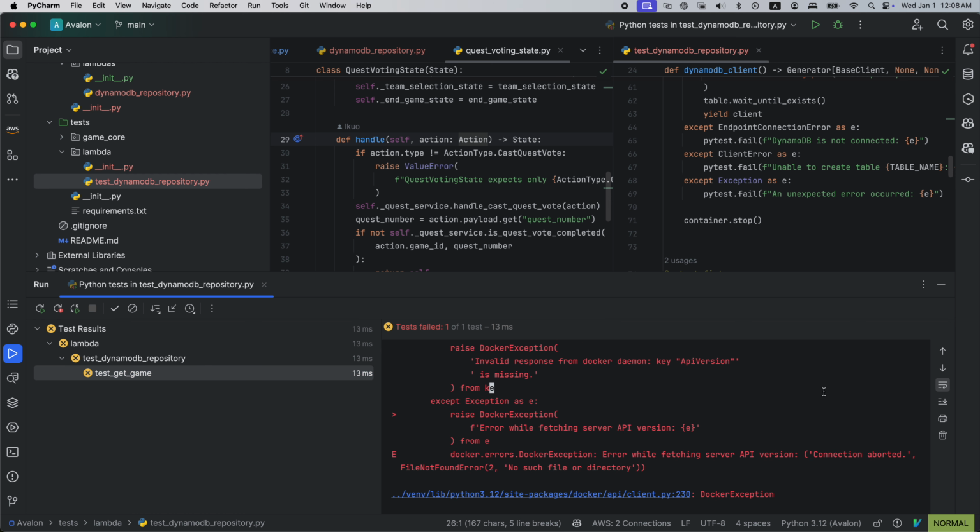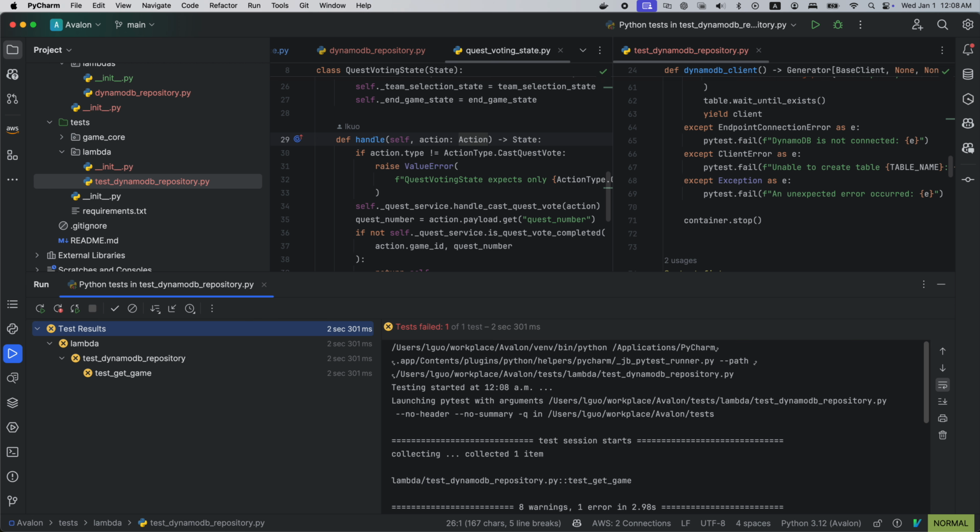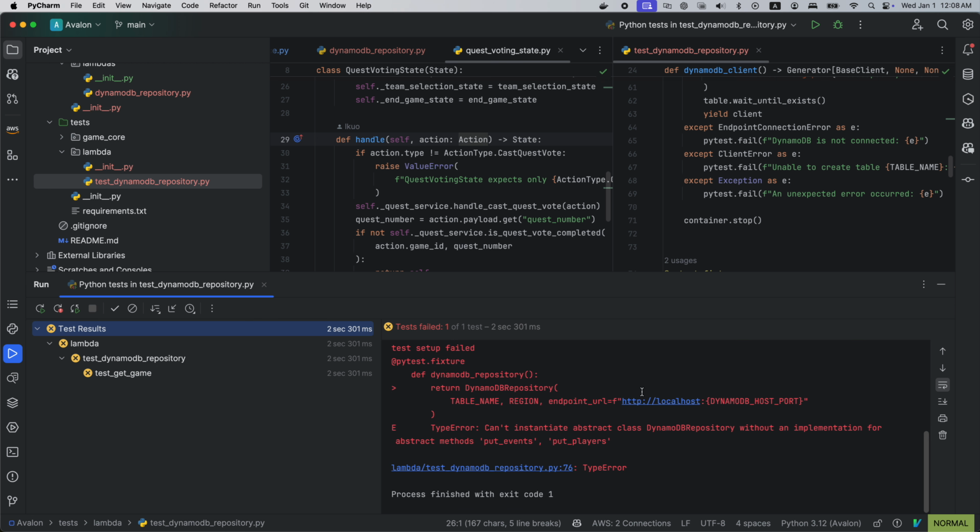Oh, I don't have Docker open. Oh, sorry. So this is one of the things: it assumes that Docker is running on the host. So now I have Docker opened. If we run this, we actually bring up Docker.